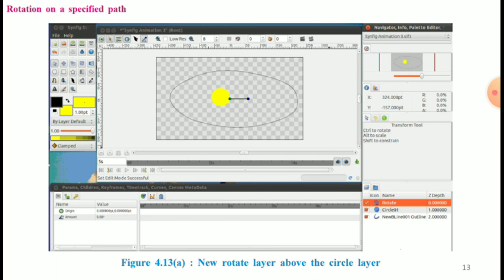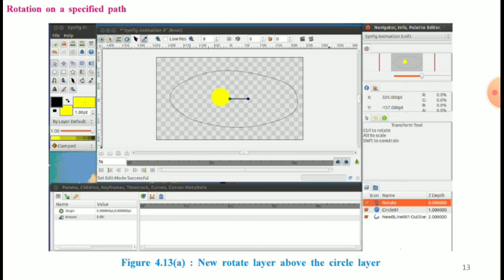This will add a new layer named rotate above the circle layer, as shown in figure 4.13a and 4.13b.